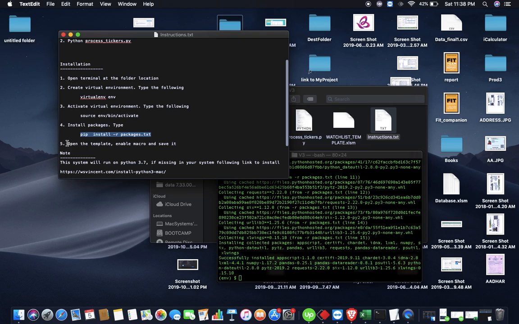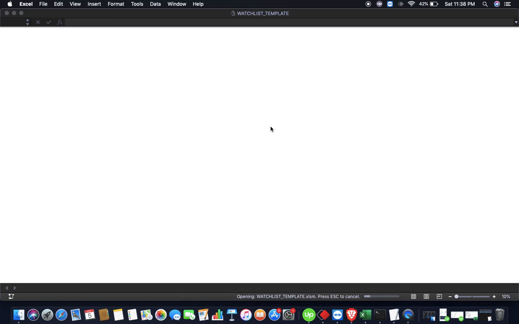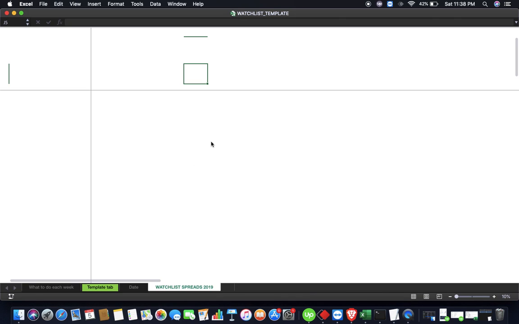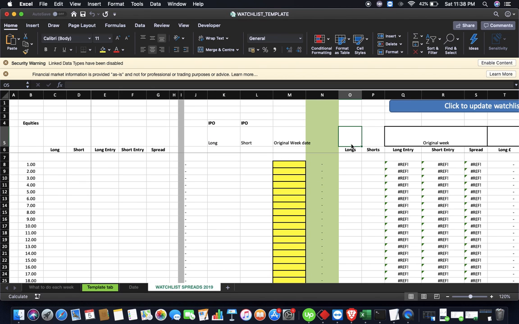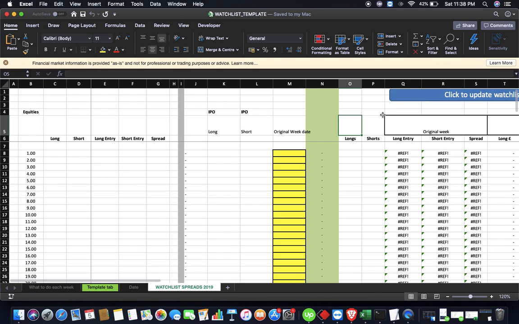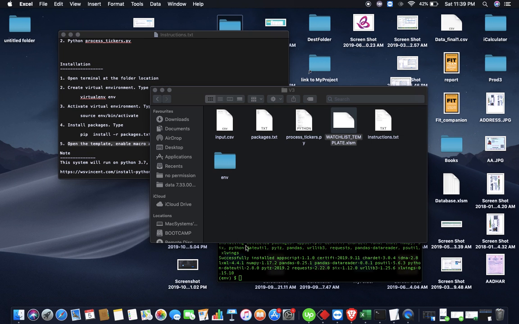Okay, this step is not necessarily required, but let me do it. So if I open it, I can see all of this is blank. Let me save it. Let me enable content. Let me close this one also, and I'm going to save it. And in the next step,